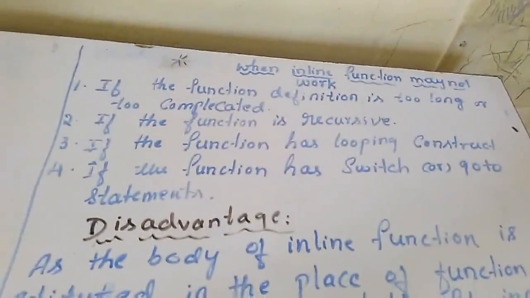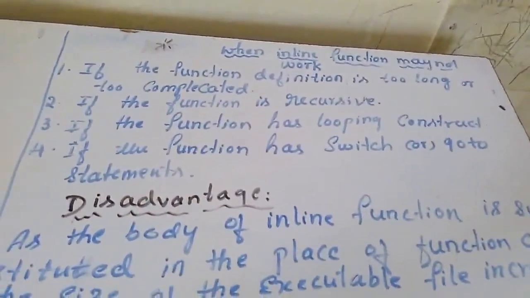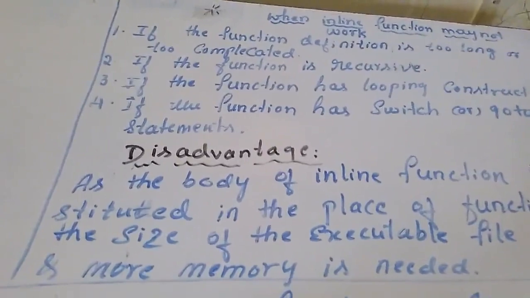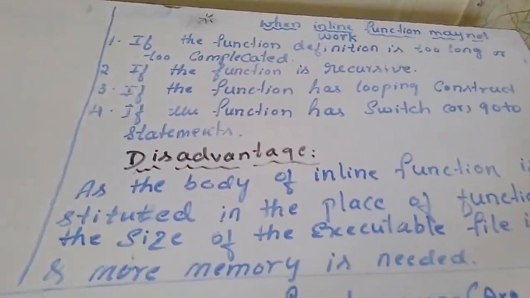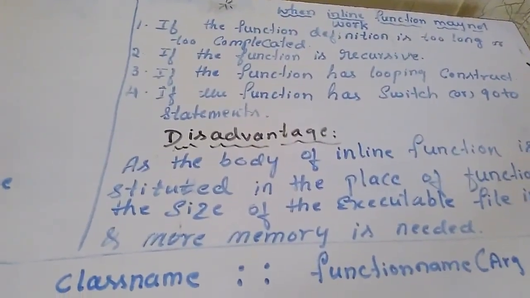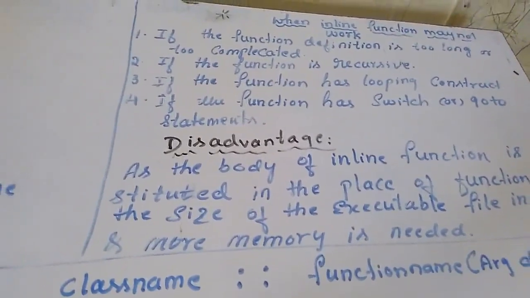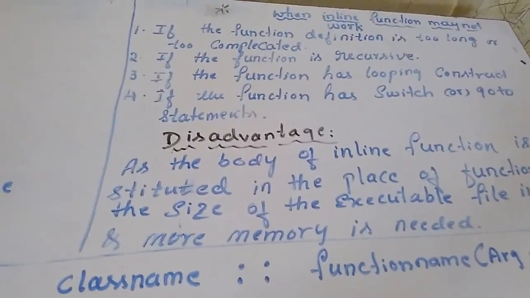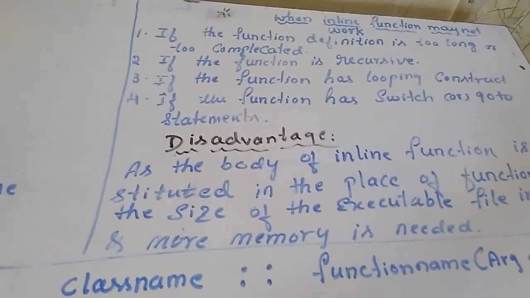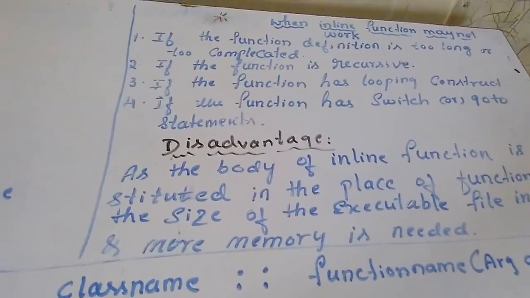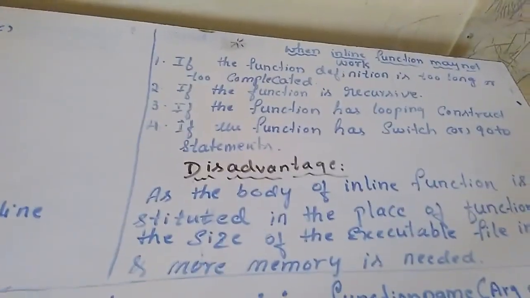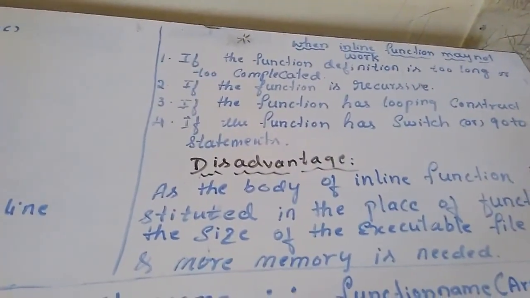And the next concept is when inline function may not work. In which situation can an inline function not work? Though you make a function inline, it cannot execute as inline. I told you this concept in the classes and objects chapter: if you define a function inside the class, by default that function becomes inline. We did not use the keyword inline there, isn't it? Though it becomes inline, if you take a long, lengthy function inside the class, it cannot expand as an inline function. So, if you make a function inline, you must add the keyword inline.